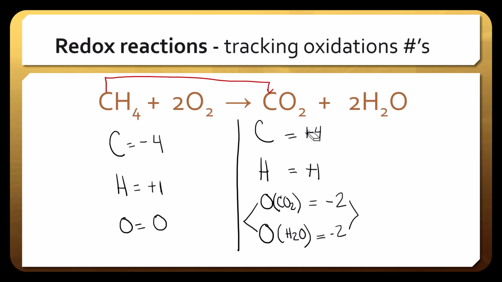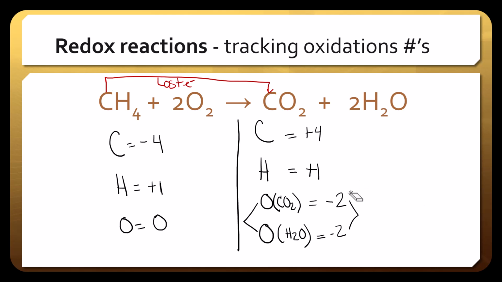Electrons are negatively charged particles. So when the carbon had a -4 oxidation state and then went to 0 and then went to a +4, that tells me that it lost those negatively charged particles. So this was the one that lost